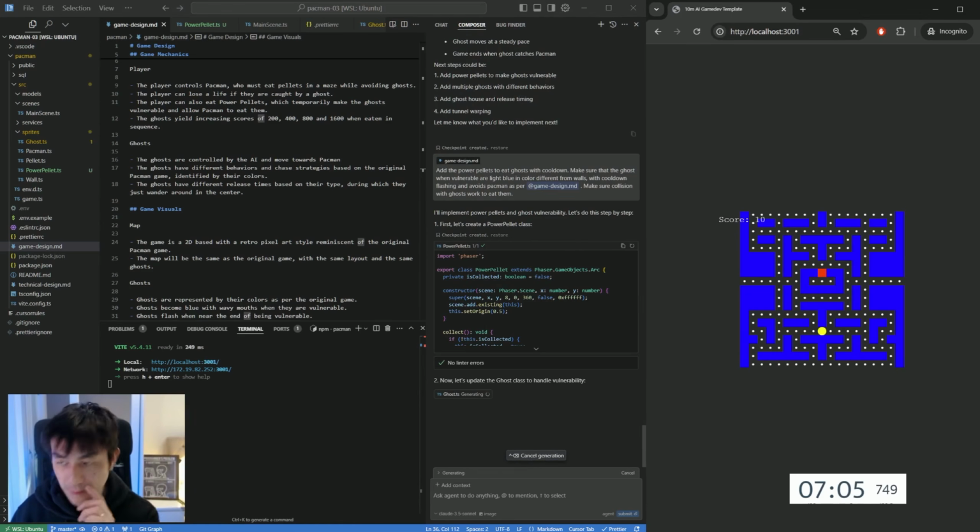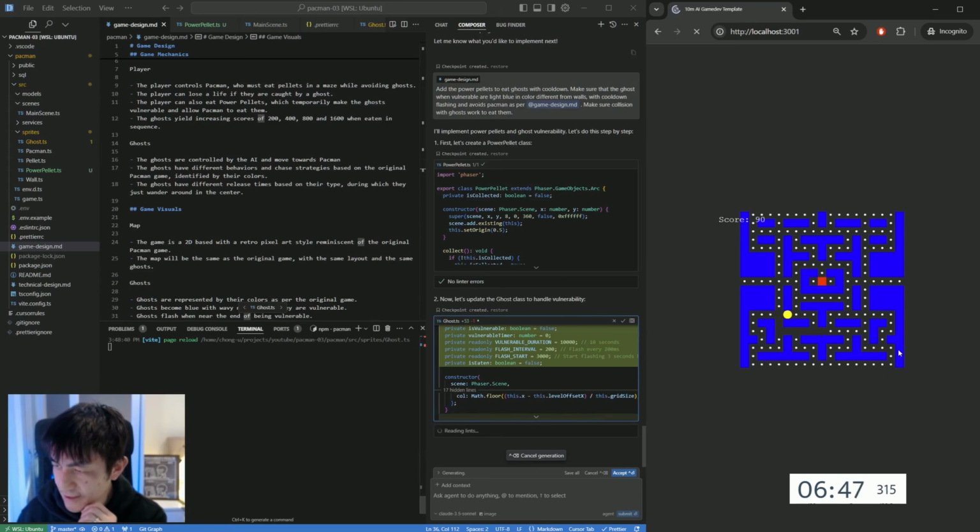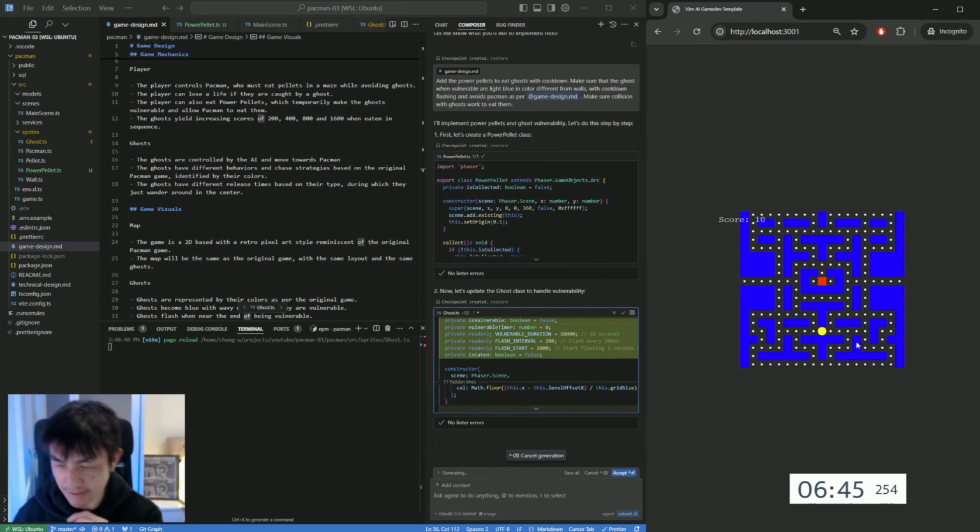So it's going to implement the power pellets, so we're going to see them around, and hopefully we'll be able to get that functionality going. We want to get some smooth movement going, and then better graphics. And I think that's a pretty good end state if we can indeed reach that. The controls one tends to be the tougher one, getting the smooth movement in. But let's see. In fact, I'm going to preempt it by saying,